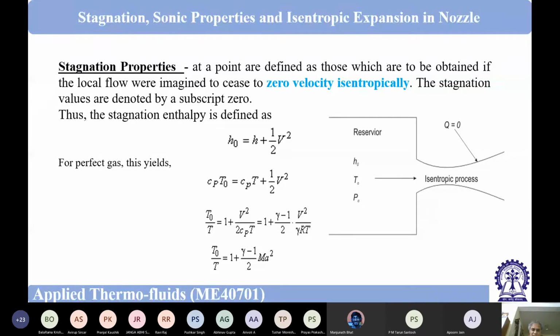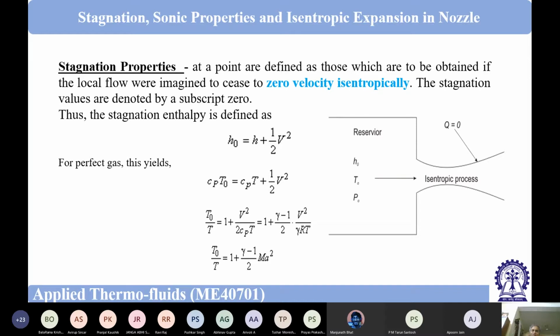That stagnation property can be related to the property of any point, or rather I should tell it in a different way because stagnation property is known. So property at any point of flow can be related to the stagnation property in terms of local Mach number. And of course gamma, which is Cp by Cv. So these two quantities will be there. The condition is we have taken perfect gas model.